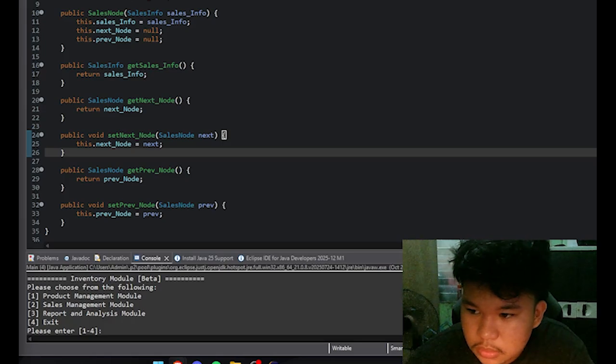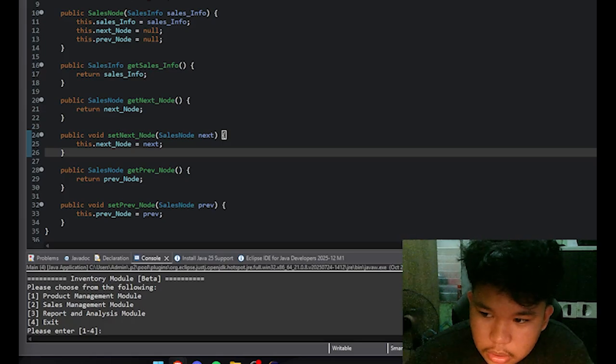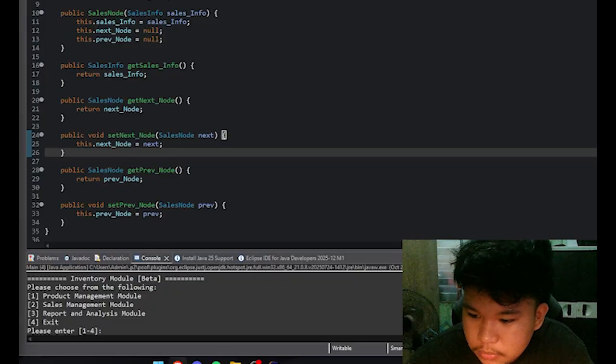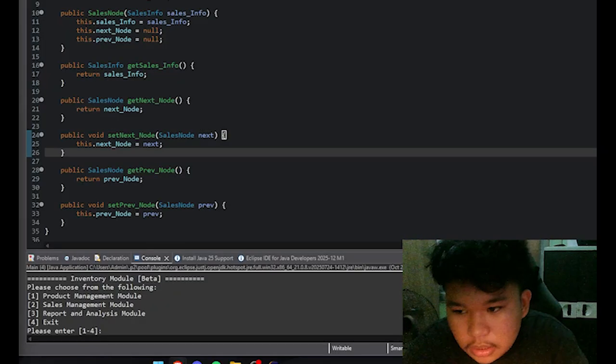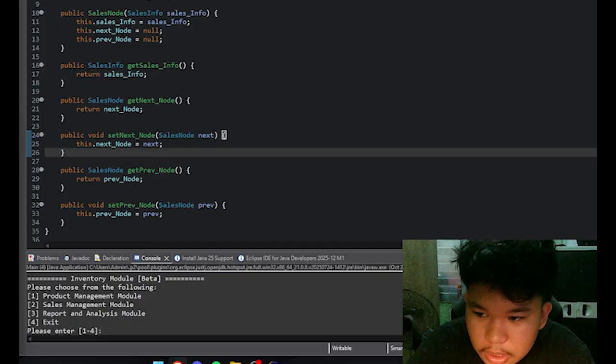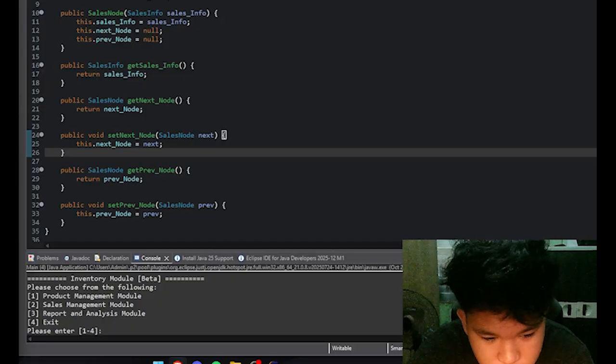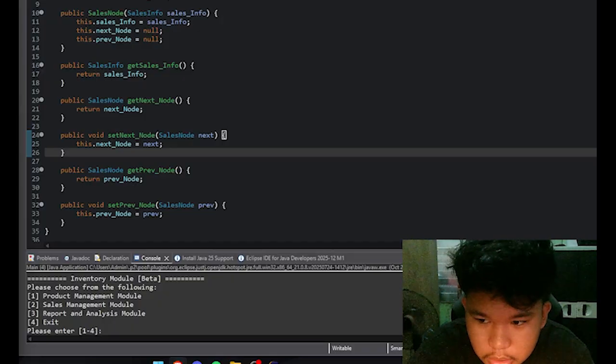Let's discuss the usage of the sales node class within the system. Basically, the sales node class is under the sales management DLL class. It is the one that manipulates the data inside the system.